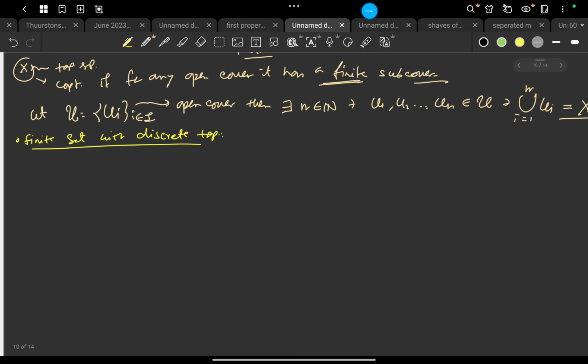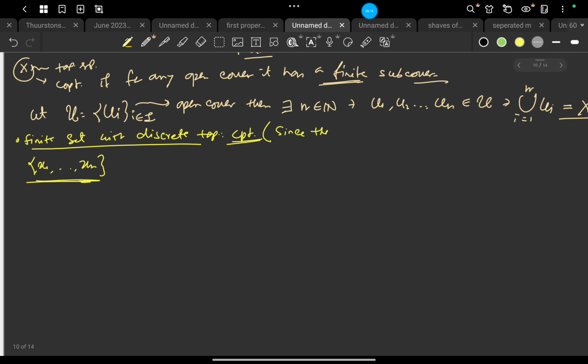Okay, so as it is a finite set, if I take any open cover for this topological space under the discrete topology, that means that open cover itself is finite, right? That means it is itself a finite subcover of that. So by default this is compact, right?